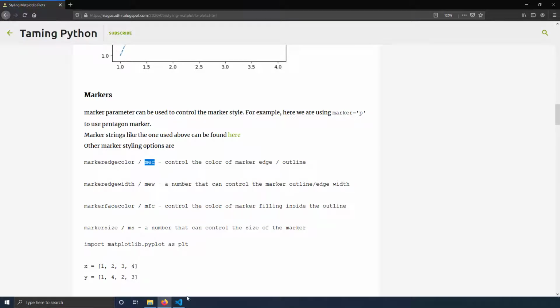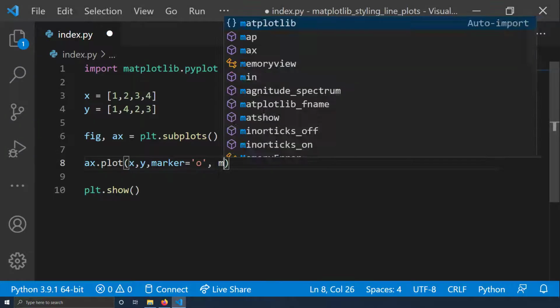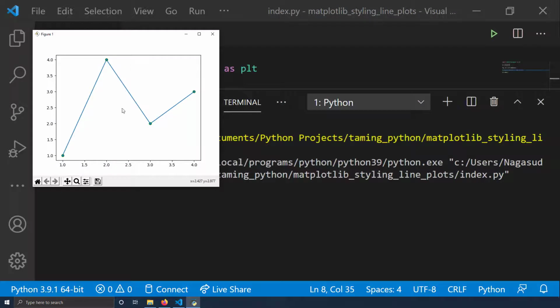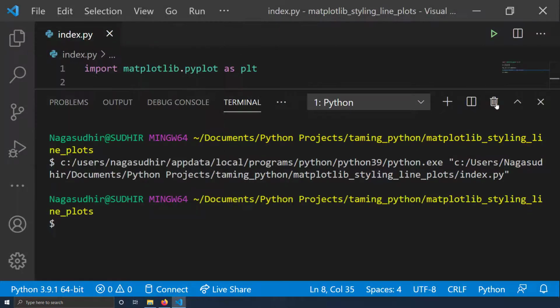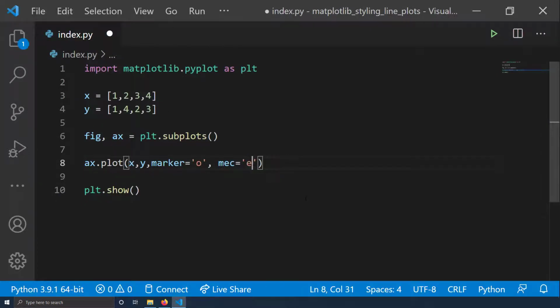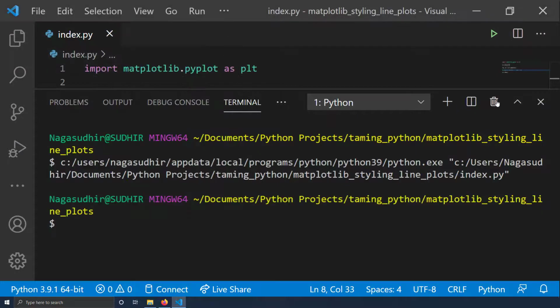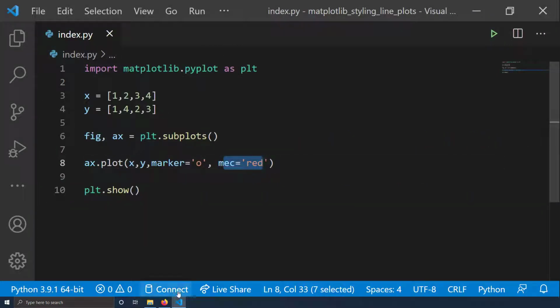So let me try to use this. I'll write marker edge color, MEC, equal to, suppose I want my marker edge color to be green, I'll just write marker edge color equal to green and I'll run this. You can see my inside marker is blue and my edge is green. So okay, yeah, green and blue are same. So I'll just try to change the marker edge color so that you can understand it better. So I'm changing marker edge color to red, and now you can see my marker edges are red and the marker inside is filled with the default color which was blue, right? So this way, using marker edge color, you can change the border of the marker also.